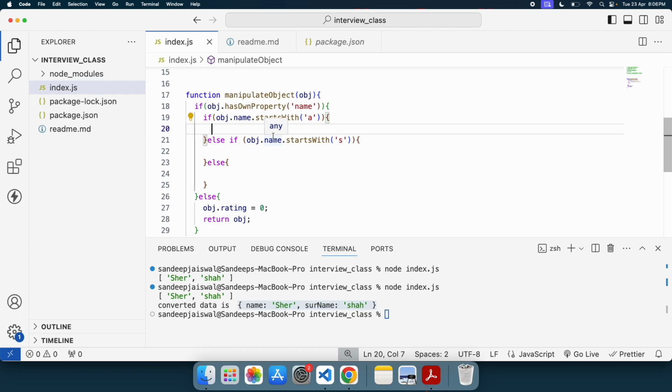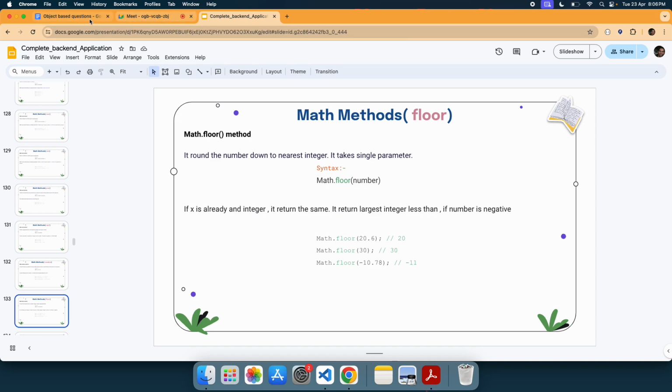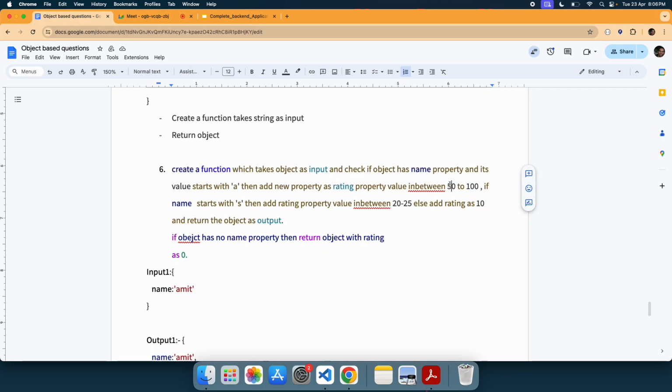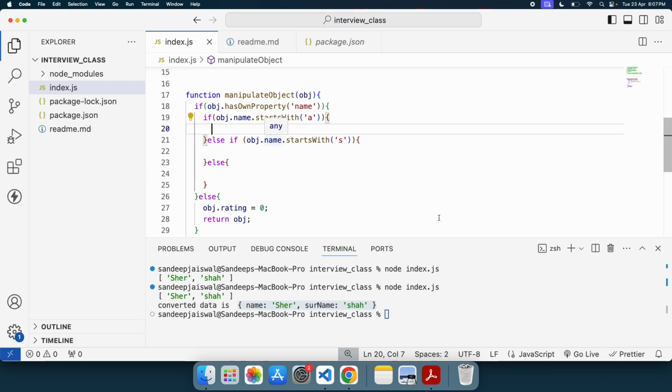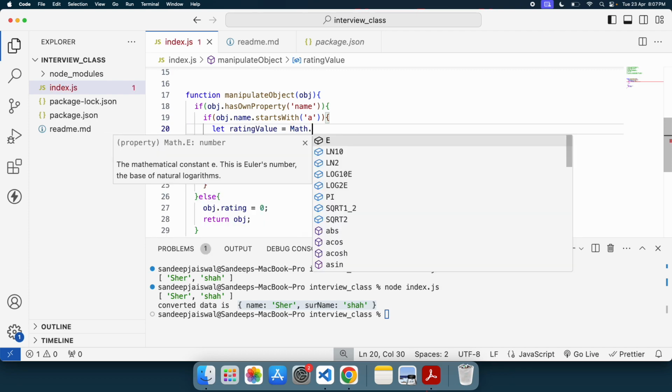So what we'll do first is calculate the value of the rating. So what is the value of the rating? When the name starts with A, then we have to add the rating value as 50 to 100. So let's build that 50 to 100. Let rating value be, so what we'll do, math dot